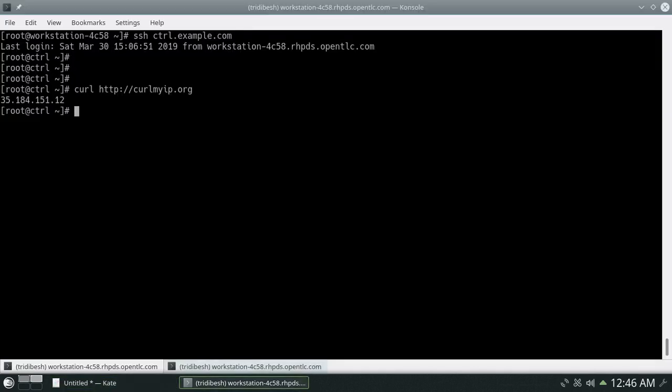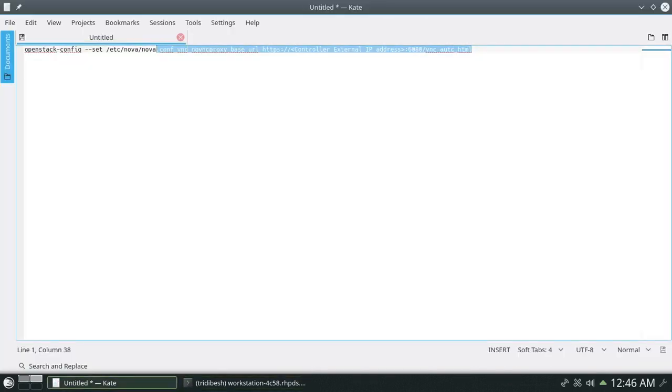So let's copy our IP and paste it here, so that we can make this change. Please remember, you need to make this change on all the controller and compute nodes.